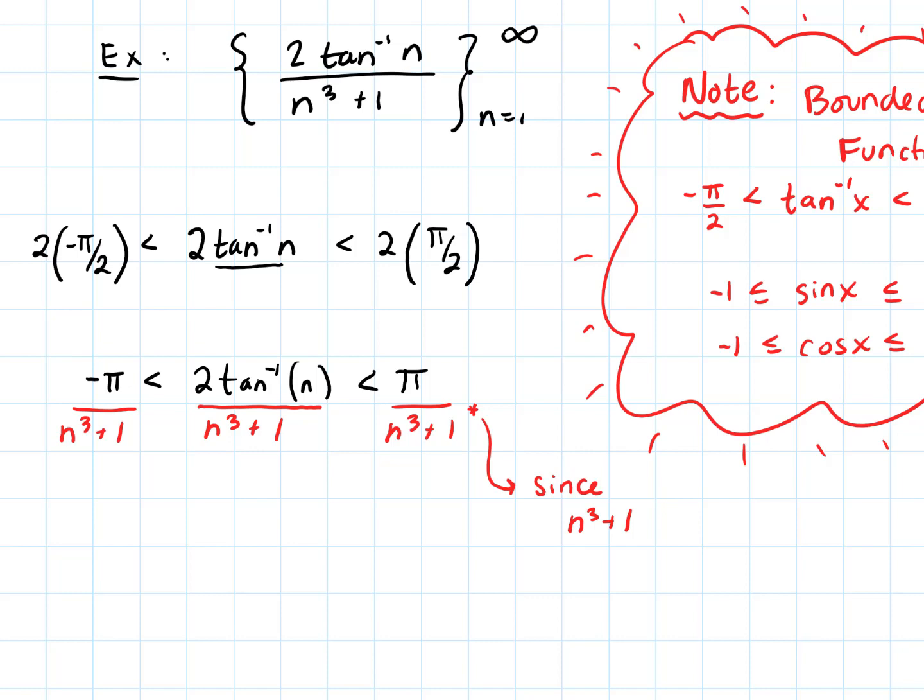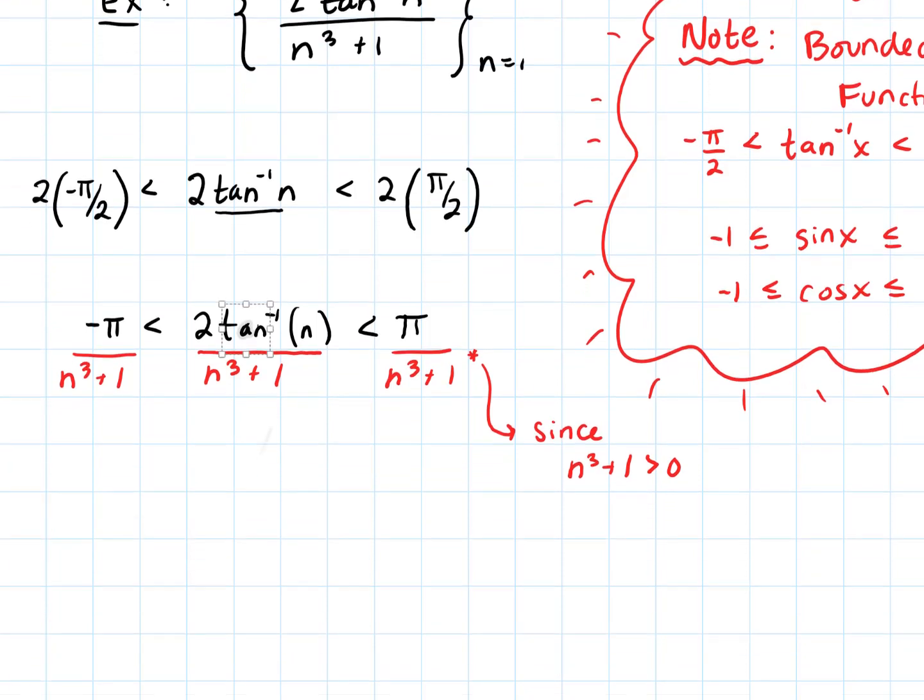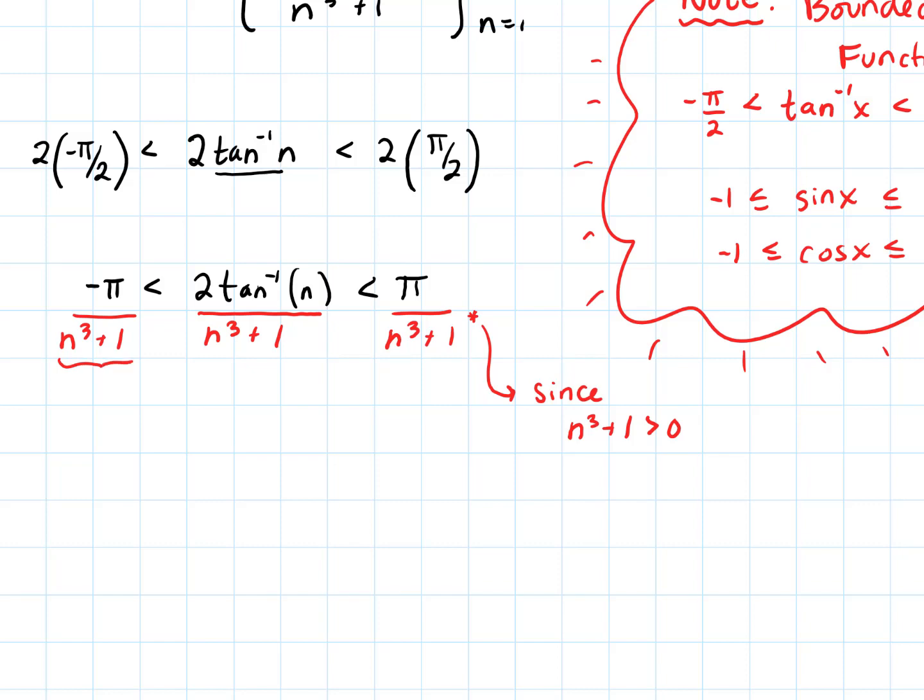But the index starts at 1 and goes to infinity. So we know that this is greater than 0, so it won't change my inequalities. So if I know all of that, then I can absolutely take a look at these two pieces and just say, well, each of those two pieces,